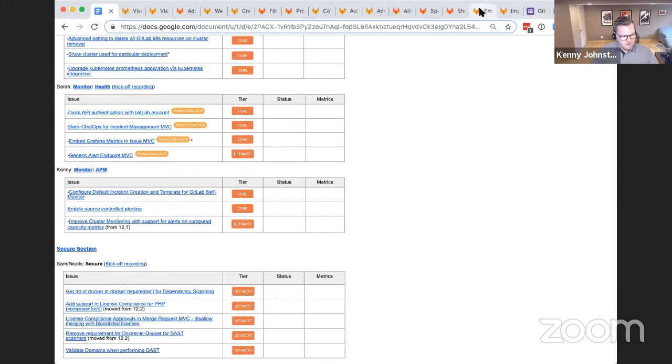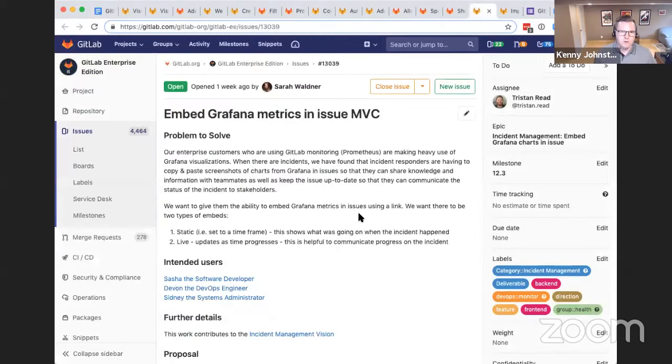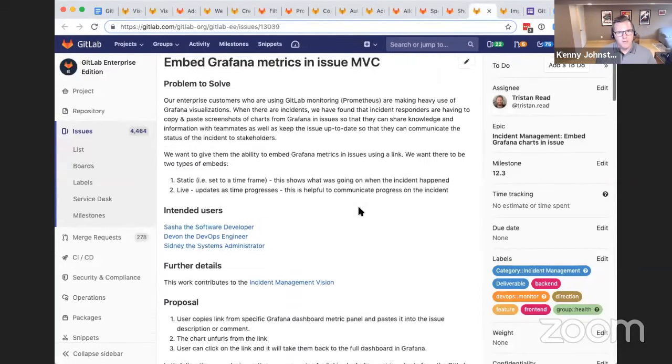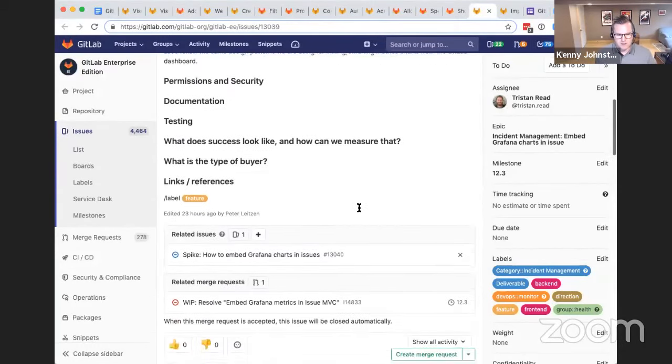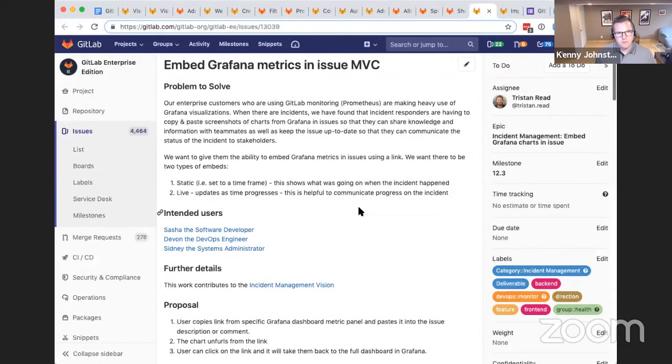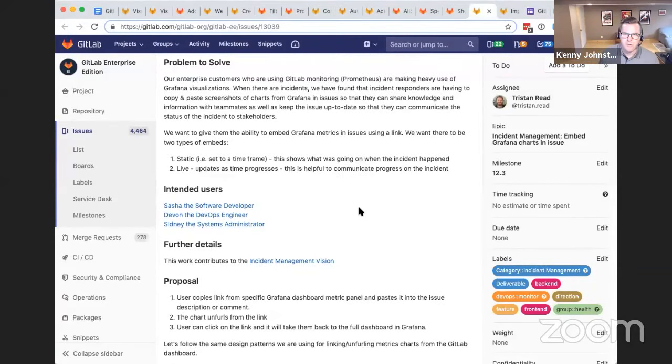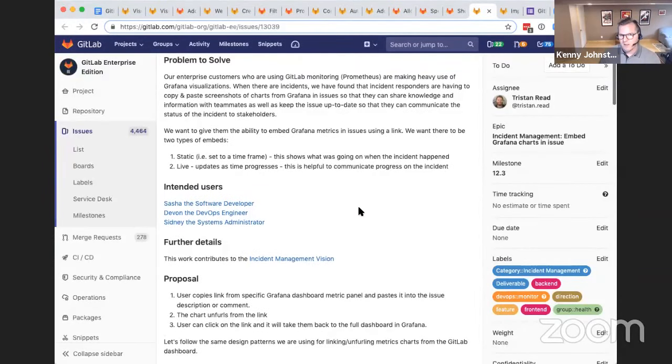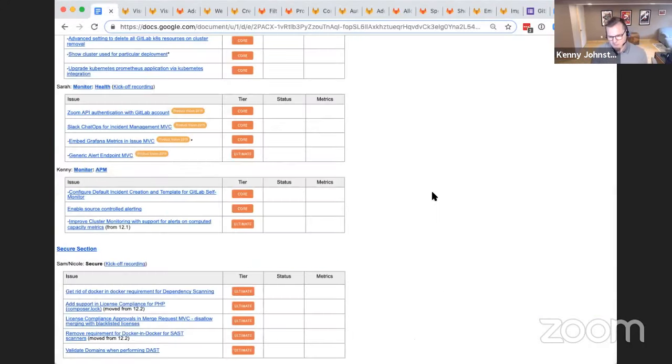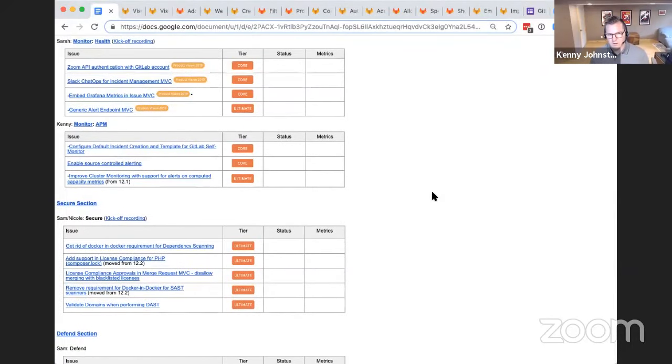And then again, in that firefight mode, in 12.2 you'll be able to embed graphs from the GitLab sponsored metrics, so graphs straight from our dashboards. But we also found that a number of our users were using a common tool, Grafana. So we want to be able to quickly add snippets to Grafana dashboards and build those in and display those in the incident issue and unfurl them and have them live update. So this first MVC is about getting Grafana integration in. So those are the ones in the health department, which is really focused on incident management at the moment.